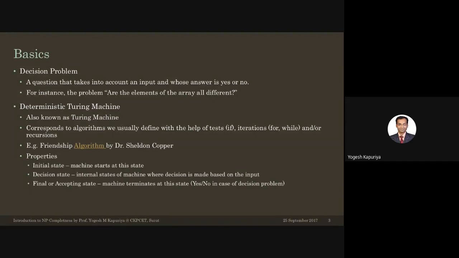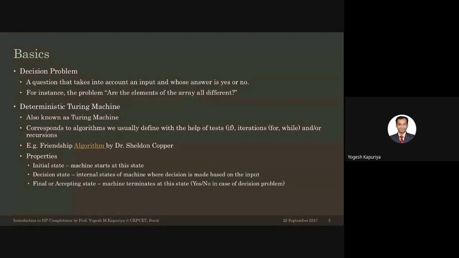There is another class of problem which is called a decision problem. Once we have an optimization problem, that was one class of problem. Similarly, there is another category of problem which is called a decision problem. Now, what is a decision problem? Basically, it's a kind of problem in which the result of the algorithm is binary, that means either yes or no. So what is the input? Input is a question, and what is output? Output is the answer, that is yes or no. There are only two answers, yes or no.